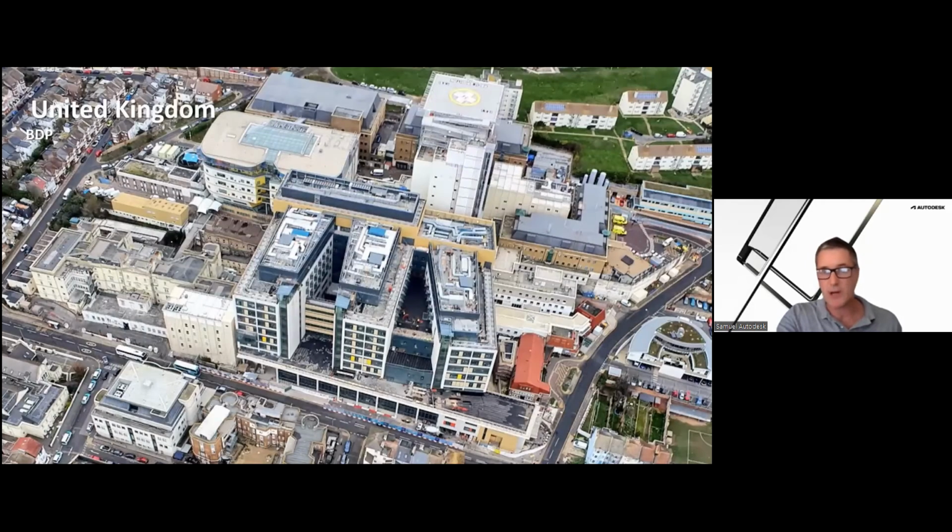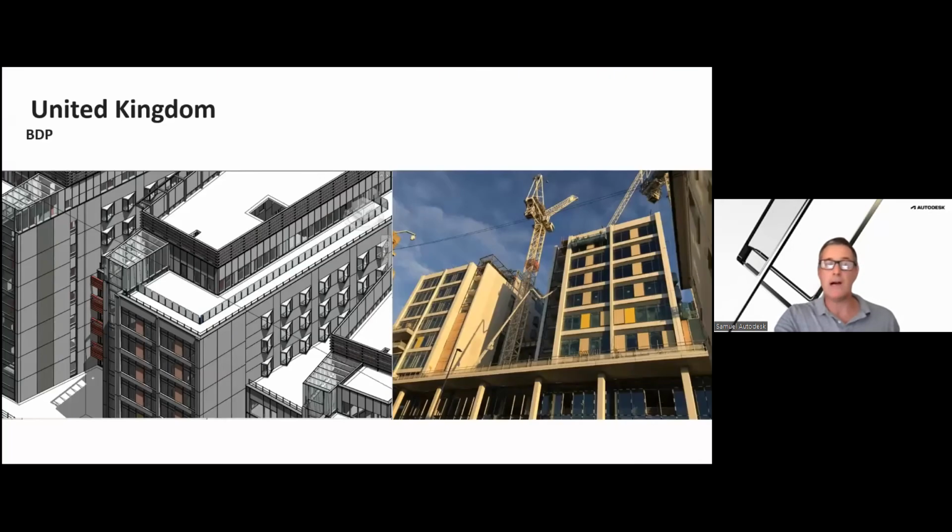The last project I was fortunate enough to work on is a healthcare project in New Brighton, south of London. This was using the process called Design for Manufacturing and Assembly. So this building information model, designed in Revit, was actually designed to meet the LOD 400 requirement of having all the precast panels in the model, which was then exported to the manufacturer's factory and used via the IFC process to fabricate the panels and then ship them to site.